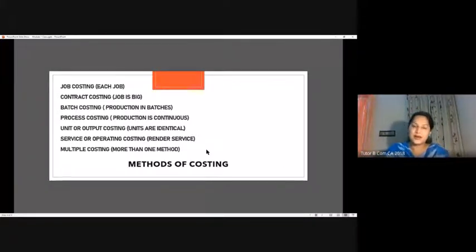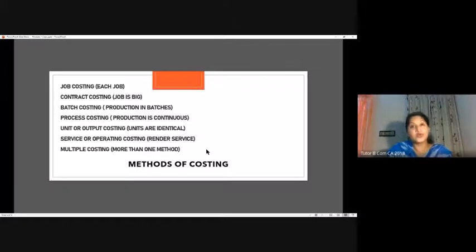See, in some industries, you will have different products, right? You will manufacture different products, which require different types of raw materials. Based on the nature of that raw material, you will use different costing methods. Suppose it is a small unit required in large numbers, you might go with the unit costing method. Or if you want production to happen in batches for some of the raw materials, you use the batch costing